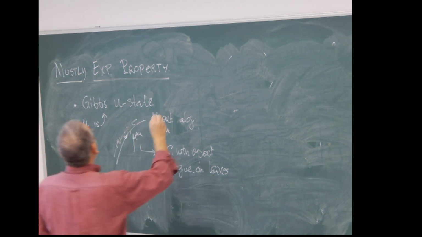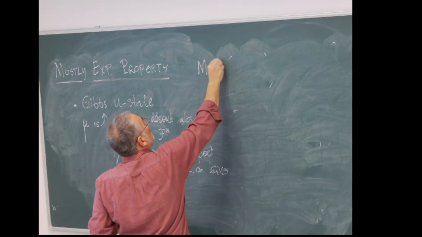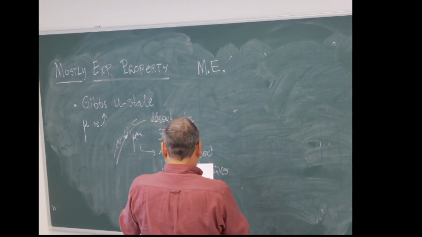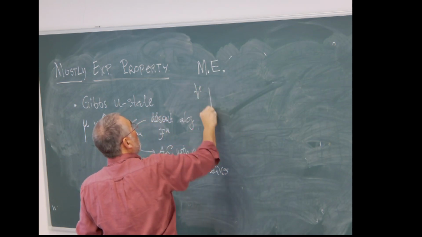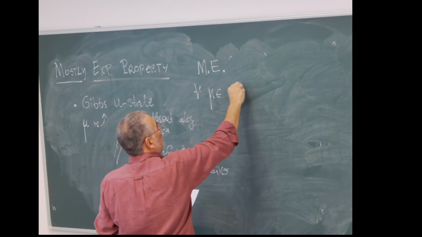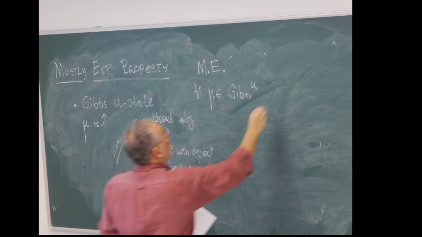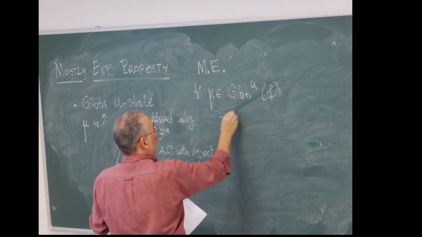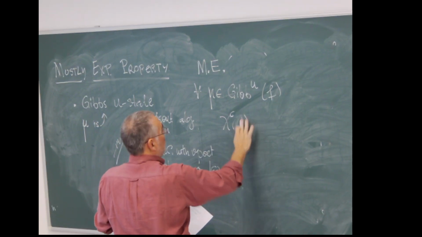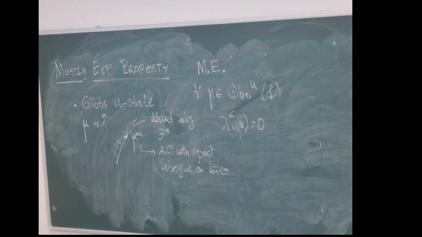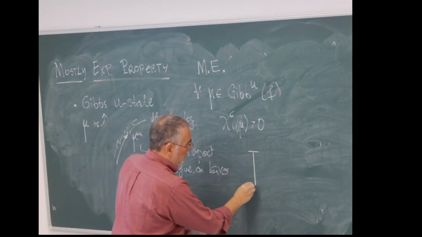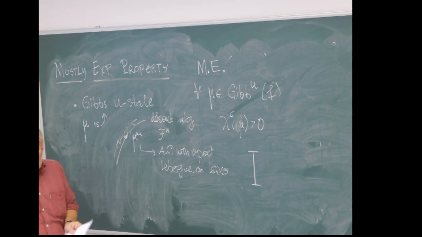and you say that this is mostly expanding if, for every mu in the family of Gibbs states, the central Lyapunov exponent of this measure is positive. But if you think a little about this, this is not a proof, but what are you going to start to do? I need to make a proof by hand because I am almost